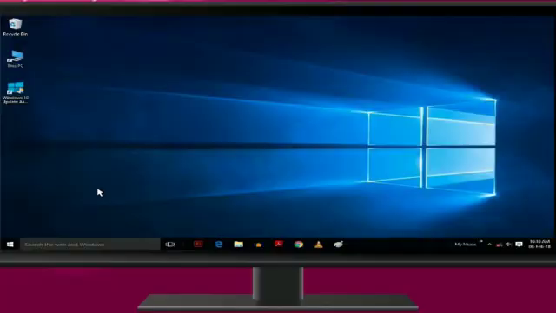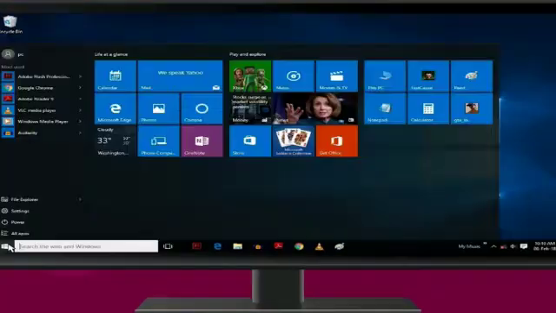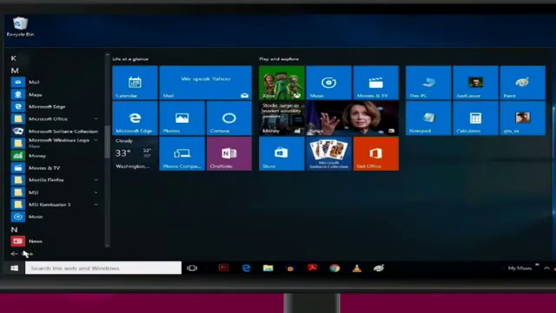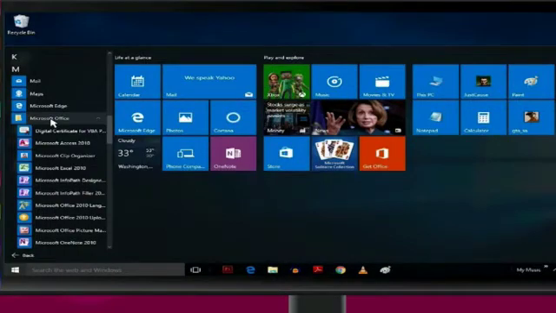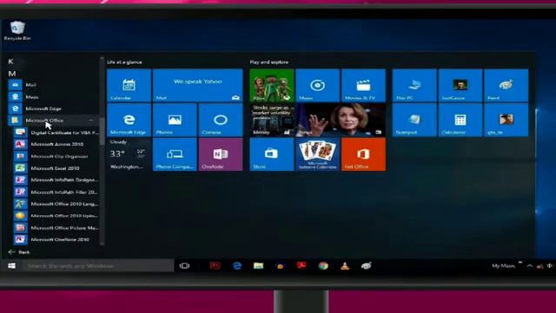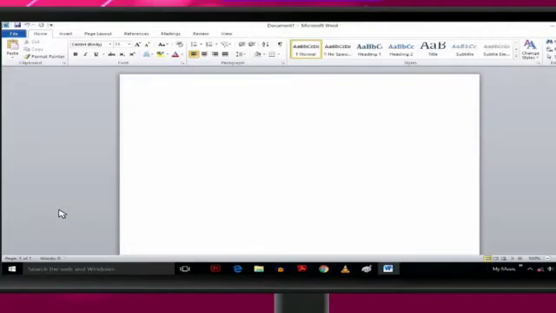Now students, let us know the steps to start MS Word 2010. So students, to start MS Word, first of all we need to click on Start. Then we need to click on Apps, and then we need to choose Microsoft Office. Then we will find a list of programs will appear in front of us which are a part of MS Office. Then we need to click on MS Word 2010. After clicking on it, you would find a blank window like this.